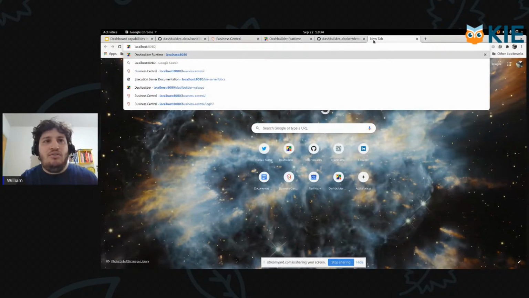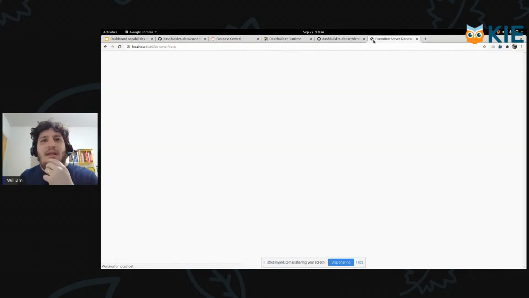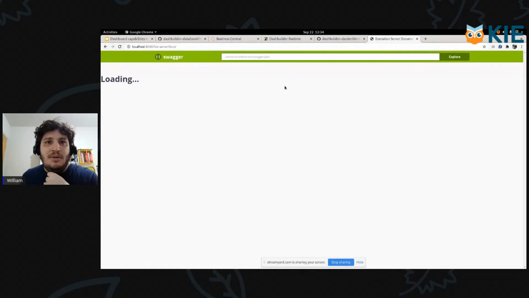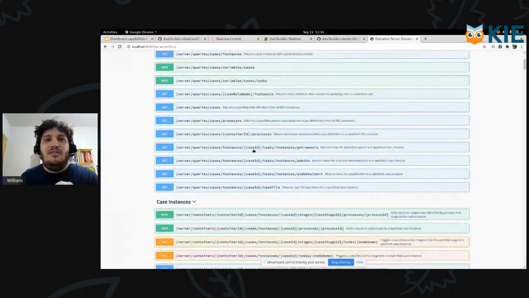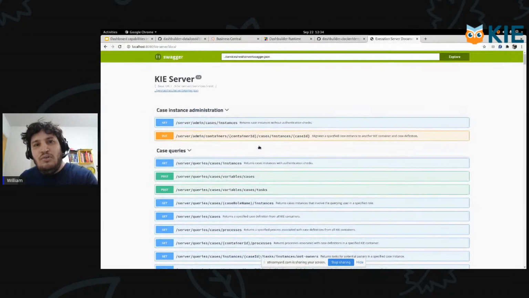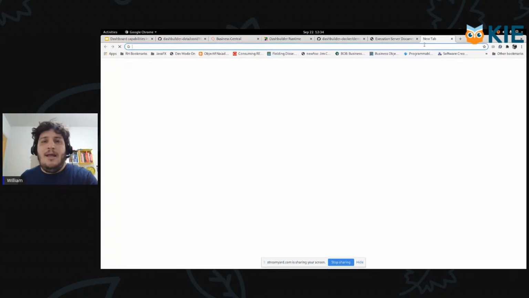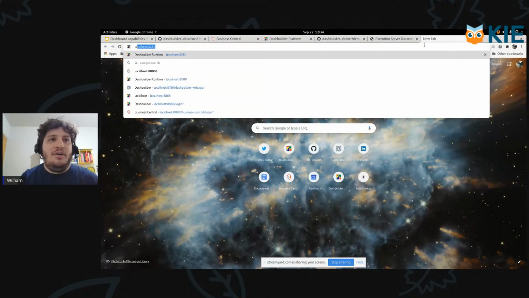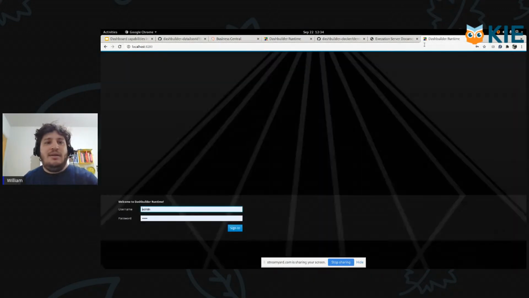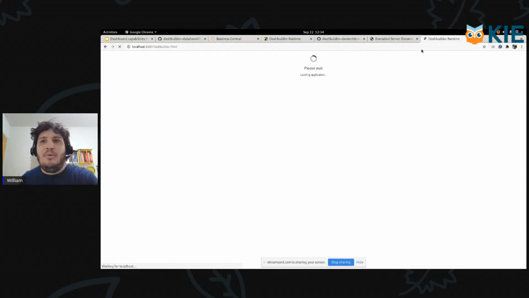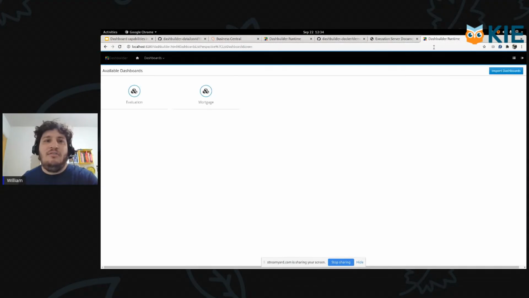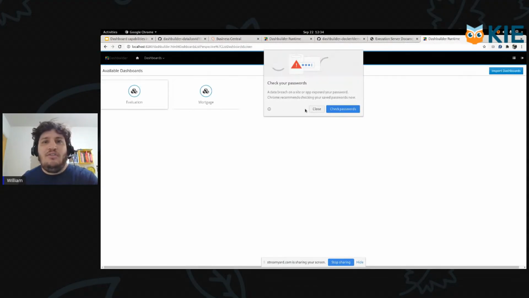So let me go to this server, which is running our business processes. We have two business processes running here. One is the well-known community evaluation process, and the other is the mortgage process. We'll be seeing this in a minute. And in this other server, what I have is Dashbuilder Runtime, and Dashbuilder Runtime will access that server to retrieve data. So we have dashboards for